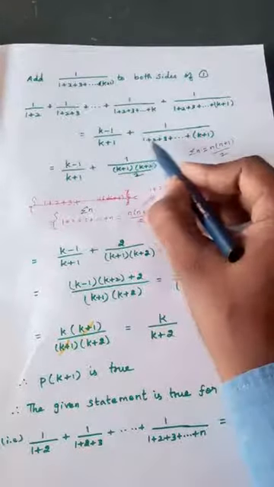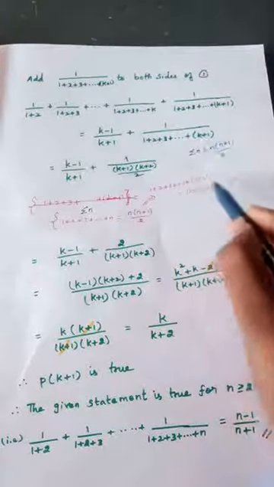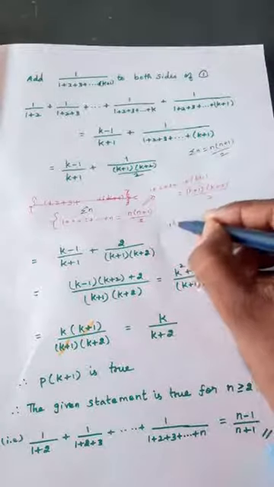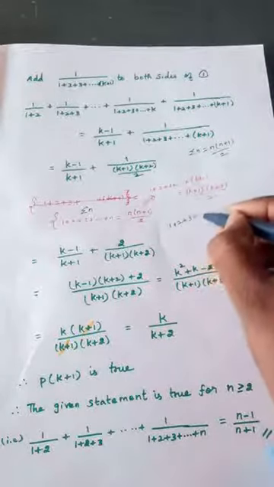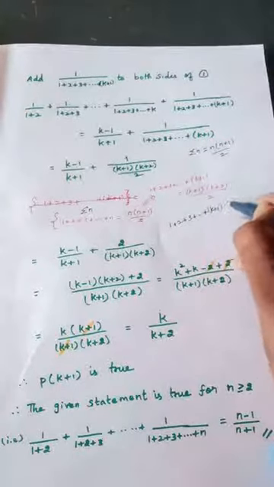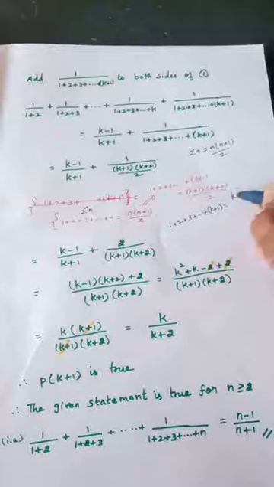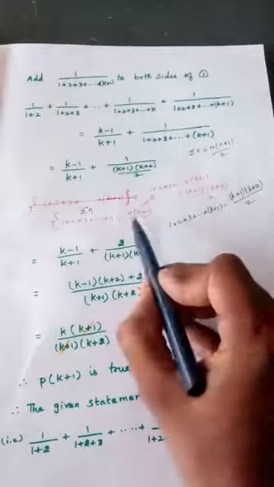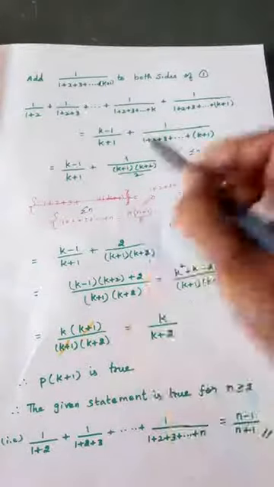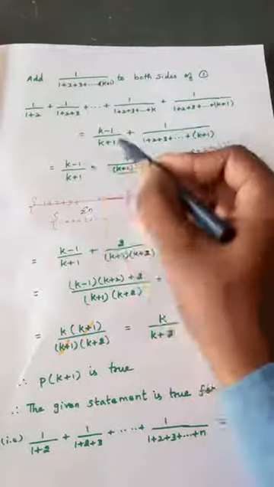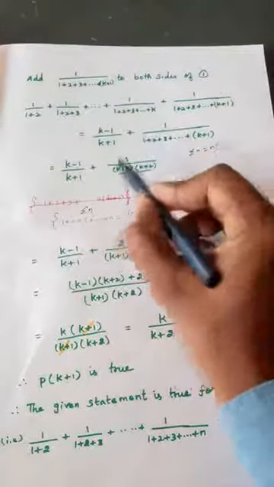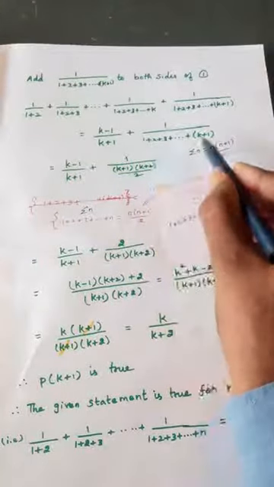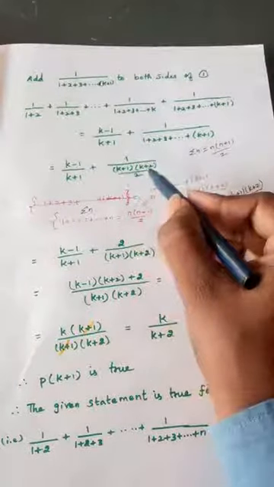So the answer for 1 plus 2 plus 3 plus etcetera plus k plus 1 is k plus 1 into k plus 2 divided by 2, using this formula. So for this denominator, I am writing plus 1 by, and for this the answer is k plus 1 into k plus 2 by 2. So for this we are writing the answer k plus 1 into k plus 2 by 2.